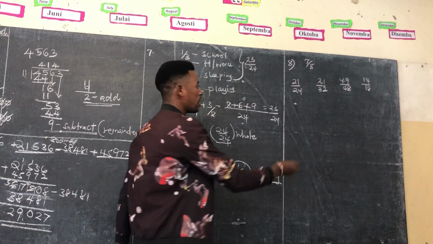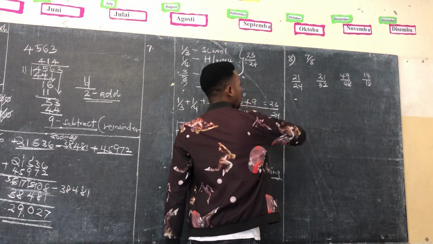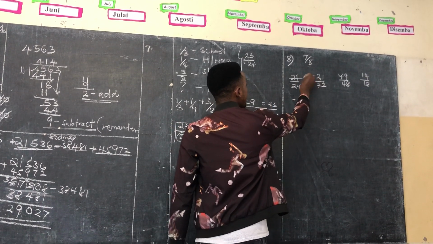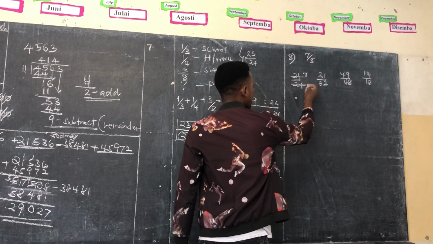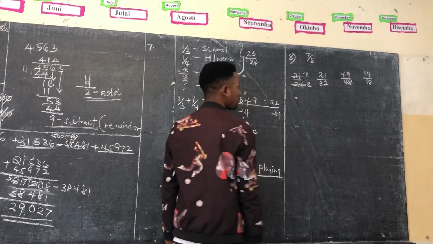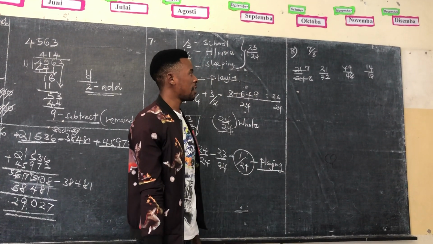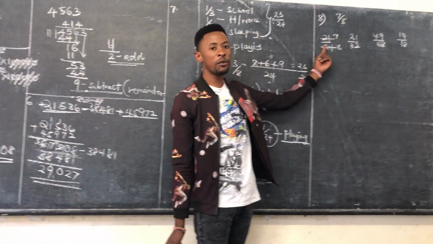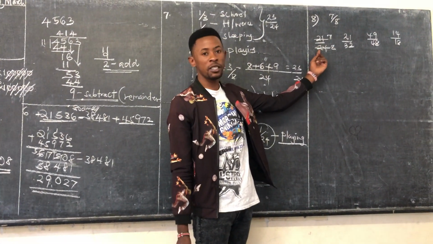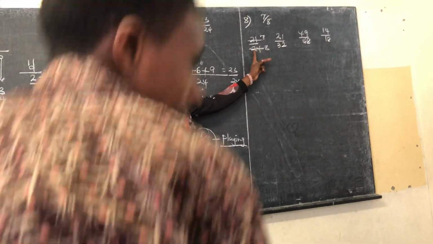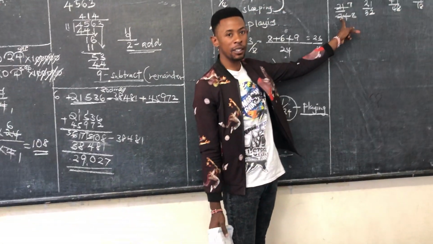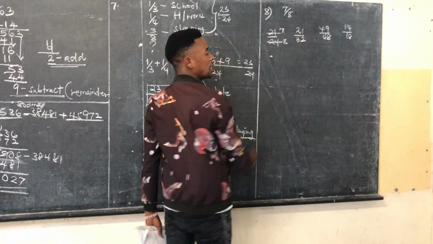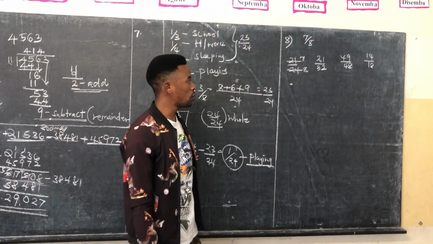Now, when you simplify 21/24, the common divisor of 21 and 24 is 3. So 21 divided by 3 is 7, and 24 divided by 3 is 8. Obviously now we've got the equivalent fraction, which is 7/8, because we have used a common divisor to divide. Alright, so if we simplify 21/32,